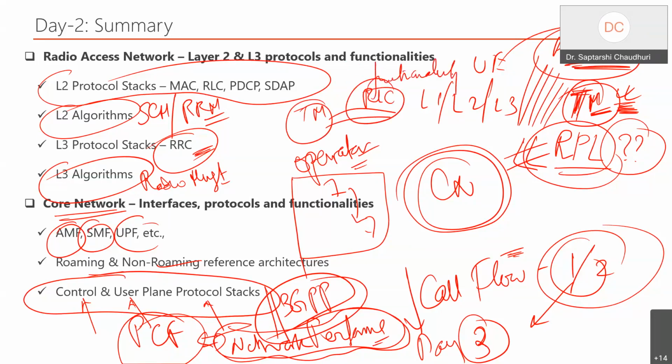So there is not much of a difference between the 4G transparent mode and the 5G part of it. RLC's lot of functionalities don't get invoked once you are in the TM mode. So there is virtually not much difference between 4G and 5G.